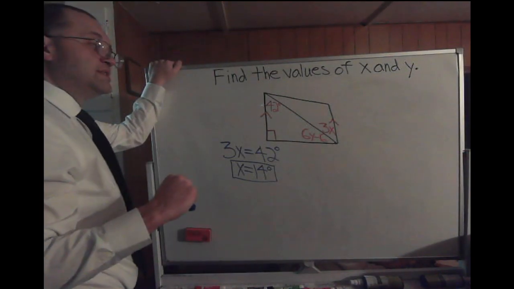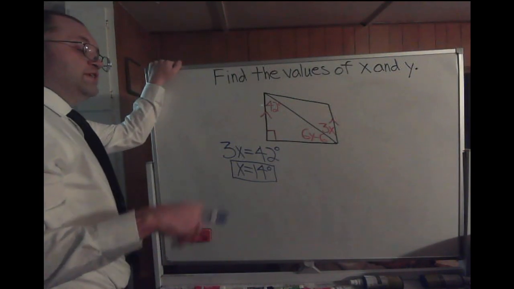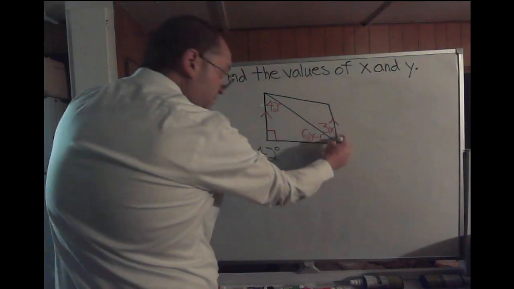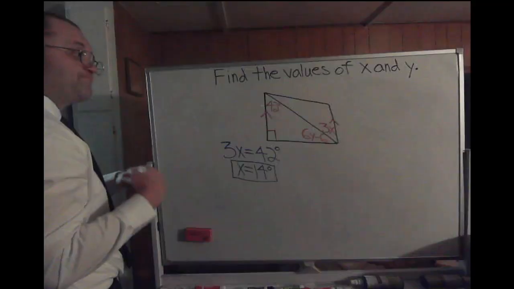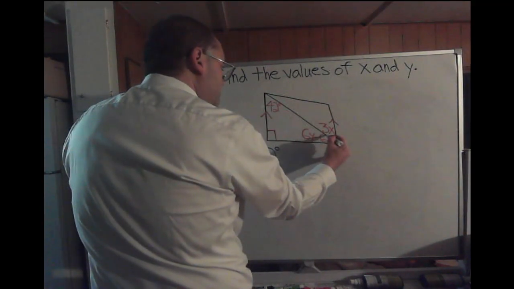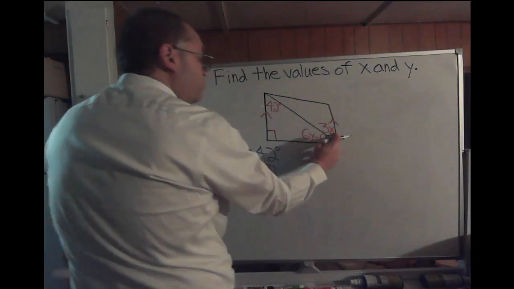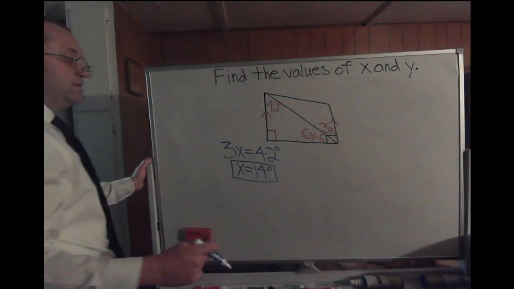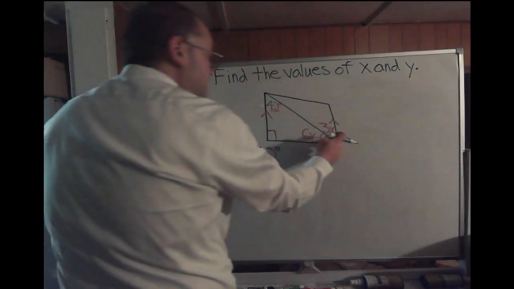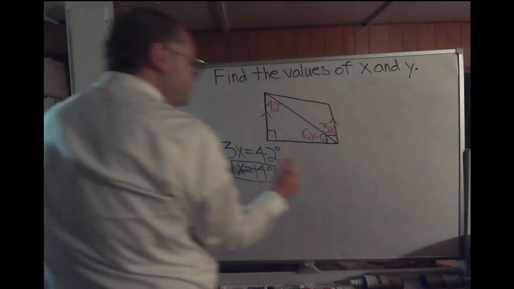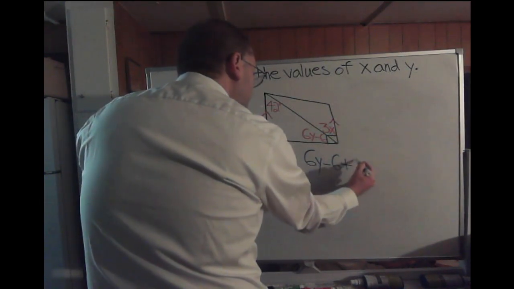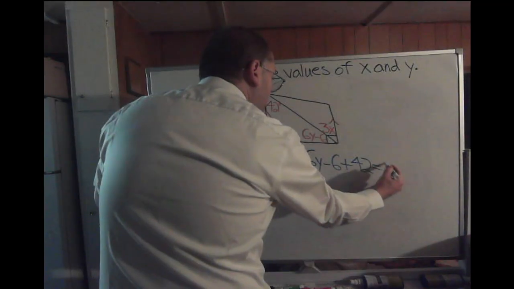Remember that theorem that said if a transversal is perpendicular to one of two parallel lines, it's perpendicular to the other one also. So that means right here, the whole thing would form a right angle. So now you'll take the value of 3x plus 6y minus 6, set it equal to 90, since it forms a right angle. 3x was 42, so you'll take 6y minus 6 plus 42 and set that equal to 90